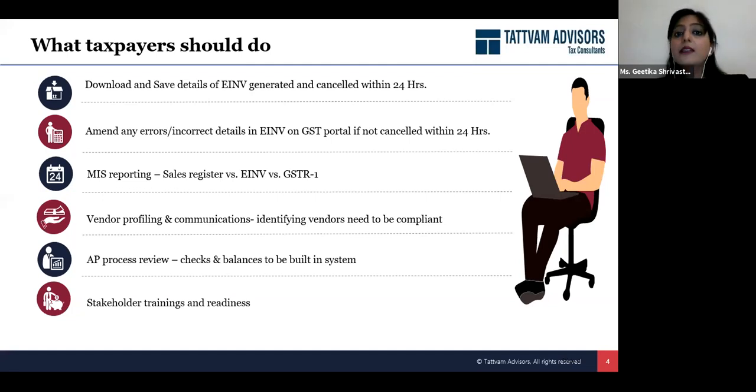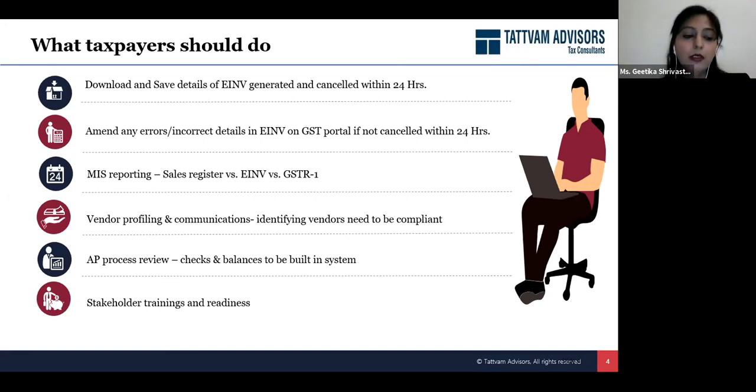In case any vendor says that they are not covered under the requirement of e-invoicing, then as a prudent businessman, our suggestion would be you should have some documentation in place, whether it's an indemnity letter or an undertaking, that they are not required to generate any e-invoice. And in case there are any repercussions of them not generating the e-invoice, or let's say there is any misdeclaration from their side, then they should be indemnifying you for any ITC loss which will happen at your end.